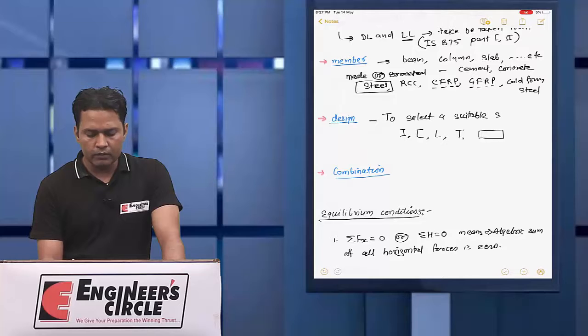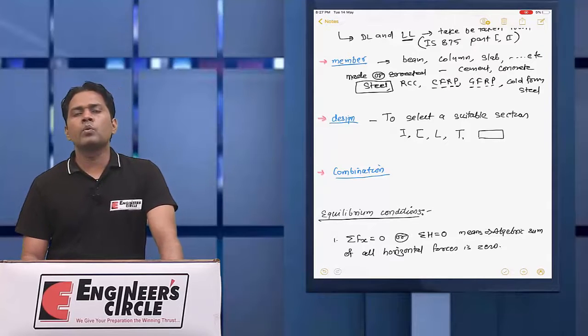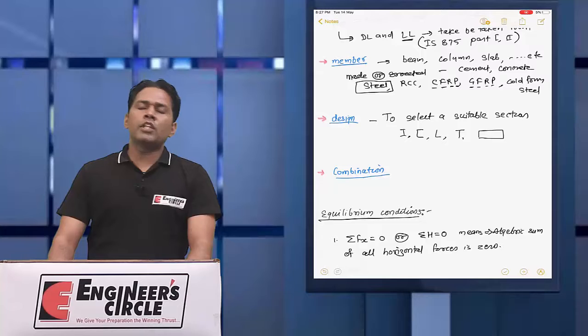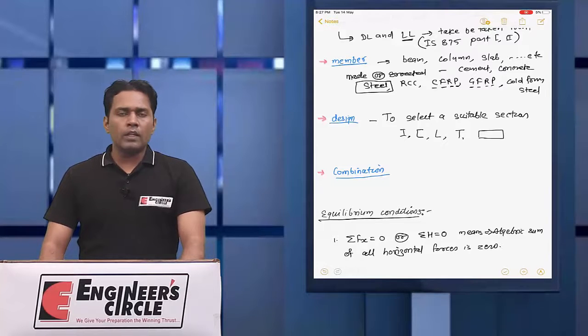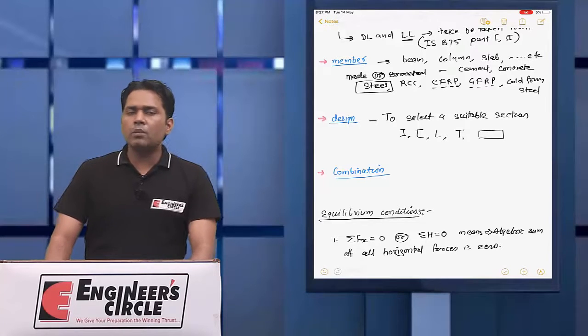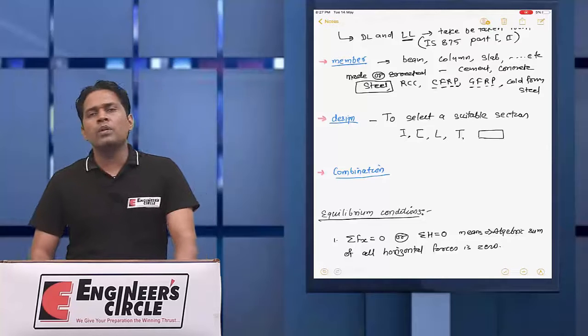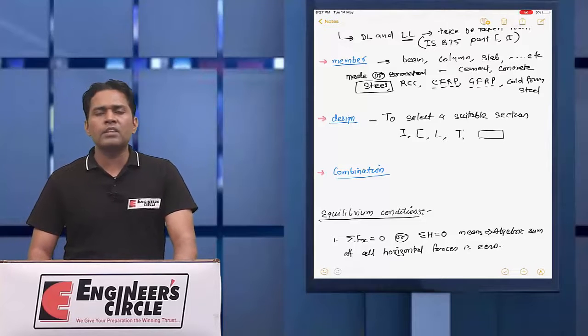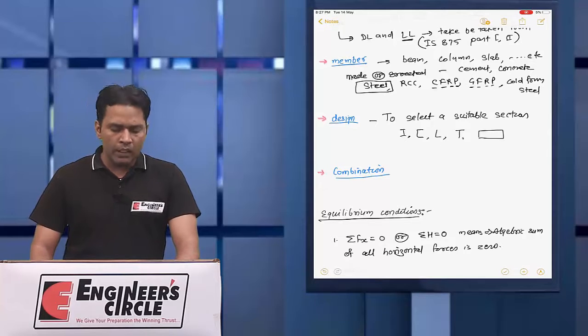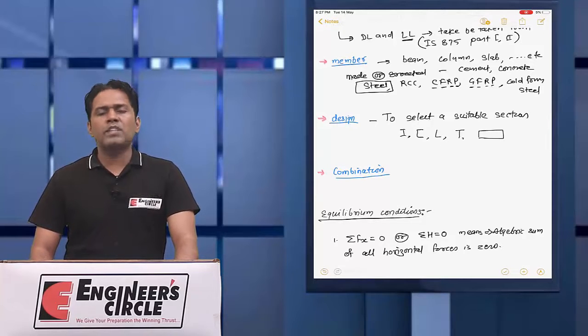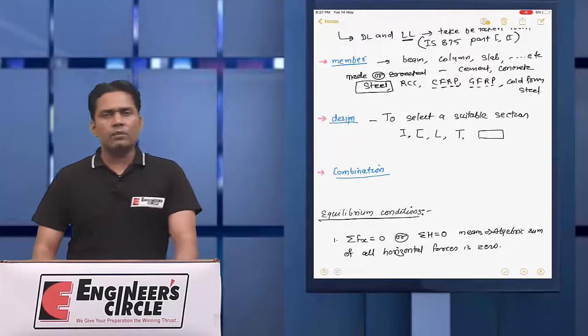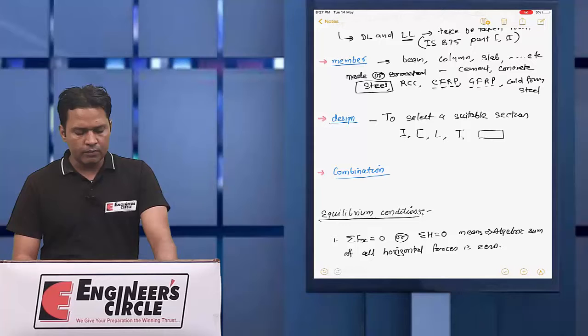That is the only thing we will do in the design of steel structure. We are not going to design the shape of the member; the shape and dimensions are already available in the market. You just need to choose a section which is suitable for the given load and conditions.